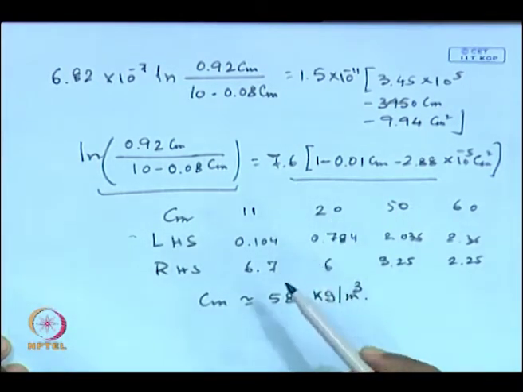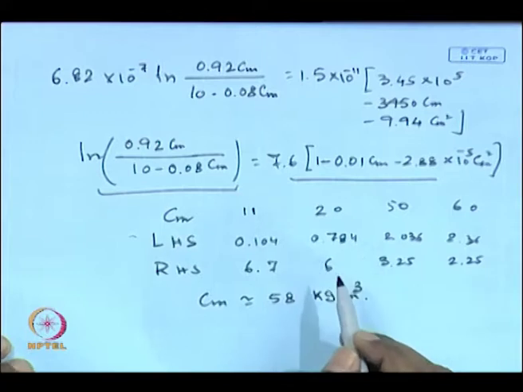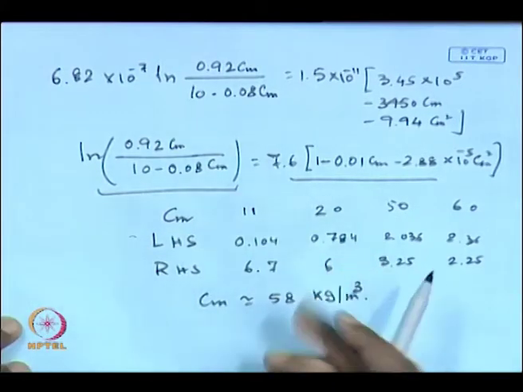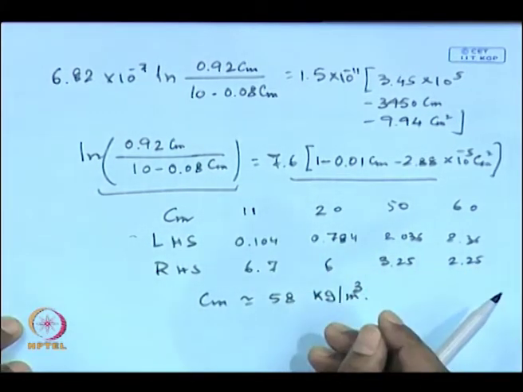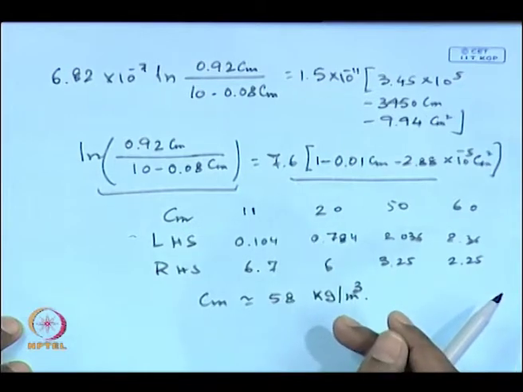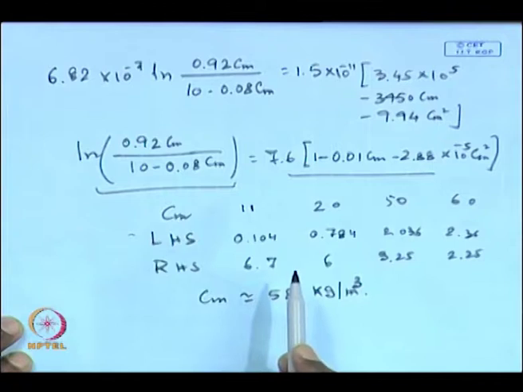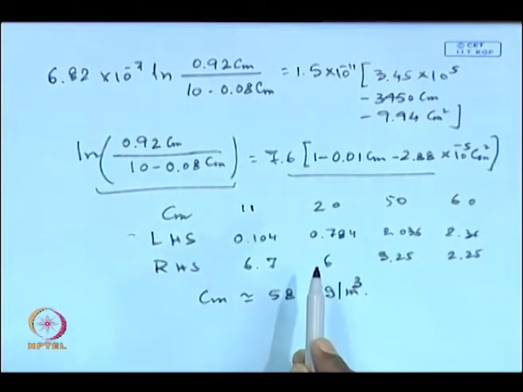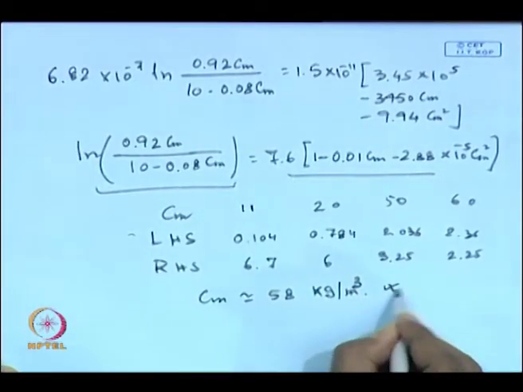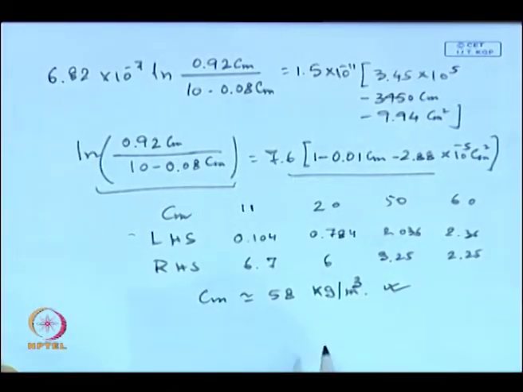In fact, this can be done even in a programmable calculator. So, you can do it in the exam, but in an actual problem where it becomes a bit complicated, you can use a Newton-Raphson routine to do it numerically. In an actual problem this will be coupled with the set of ODEs in the actual module design you have already seen. So, there you cannot use the programmable calculator, you have to really do the computer coding numerically. Okay. So, for this particular problem the value of Cm will be 58 kg per meter cube.